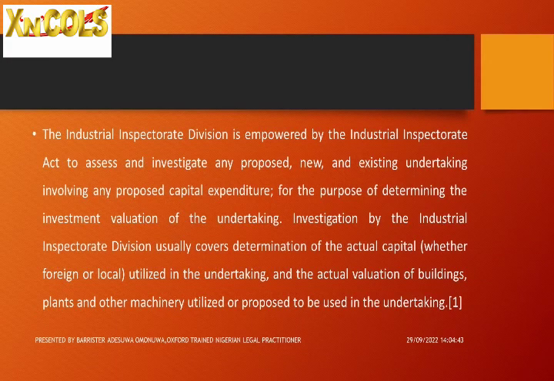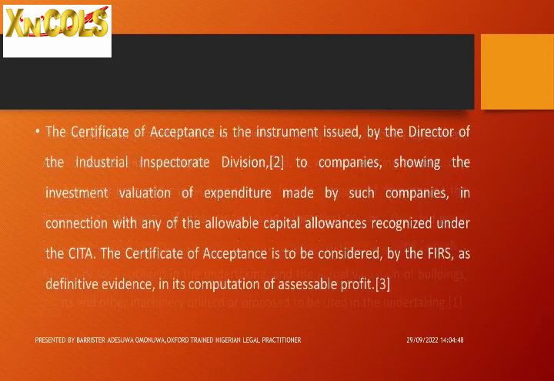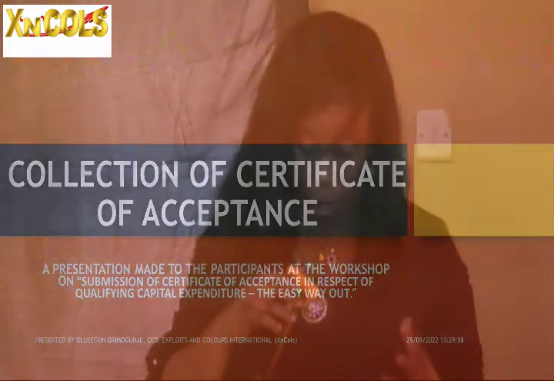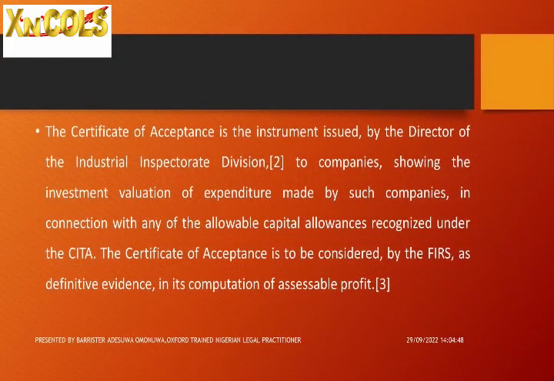Investigation by the Industrial Inspectorate Division usually covers determination of the actual capital, the cost, whether in foreign or local currency, utilized in purchasing it, and then the actual value of the building, if you are talking of a building, or a generating plant, or other machinery, such as we listed, the actual cost of those machinery, and the currency involved, whether foreign exchange or local currency. And then this certificate of acceptance is issued by the Director of the Industrial Inspectorate Division of the Federal